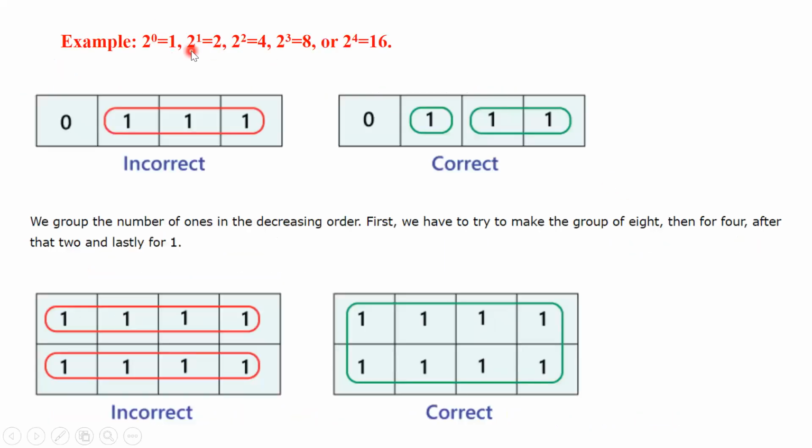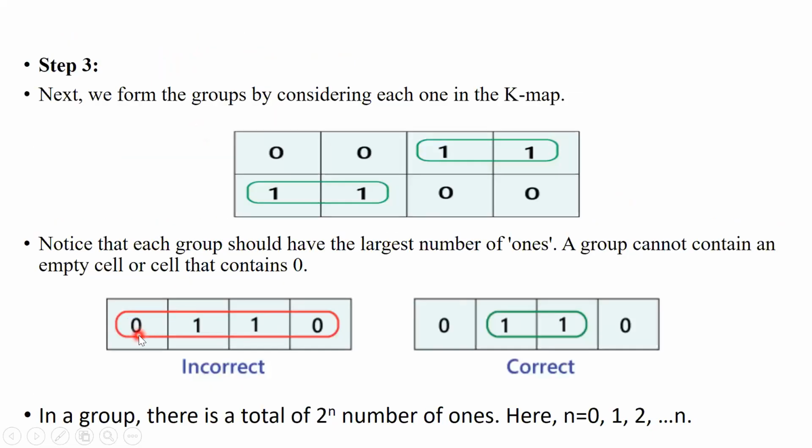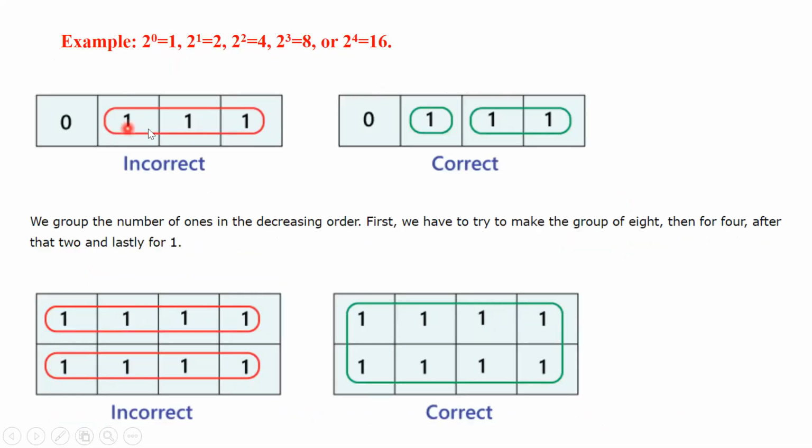Next is, this is what I was telling. So you will make group of 2, 1, 2, 4, 8, 16. Always start with the highest and then come towards the lowest one. Now suppose you have this combination. Previous one was 2, 0, आजू बाजू में थे, बीच में 1 था. So this was incorrect. I made a grouping of like this. Now suppose I have 3 ones like this. So you might feel, let me group. It will be the largest group. So 3 है, but 3 तो मेरे 2 के combination में है ही नहीं कहीं.